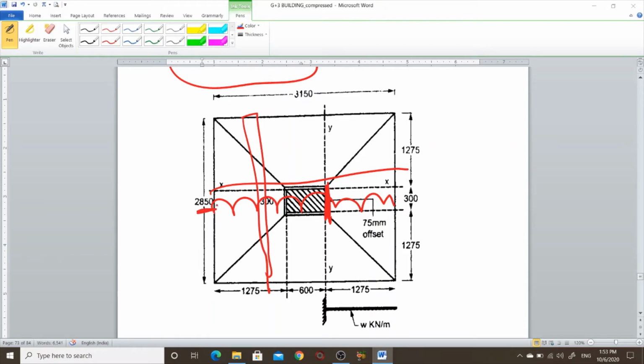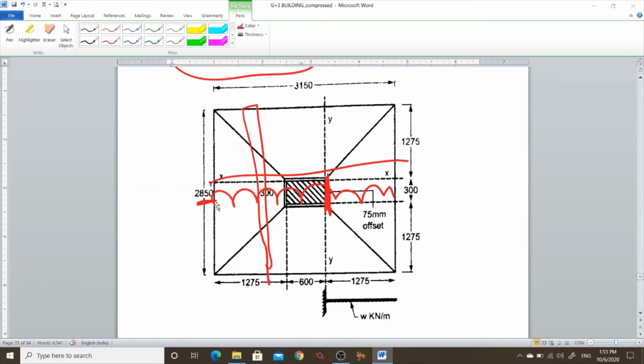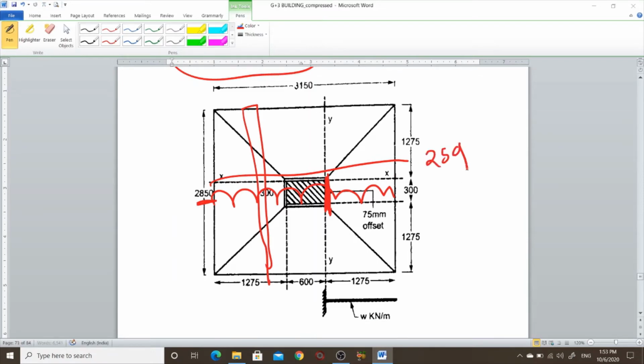Our upward load is 259, distributed equally, so I can assume this footing as a beam. As a beam, here is the UDL load, which is 259.